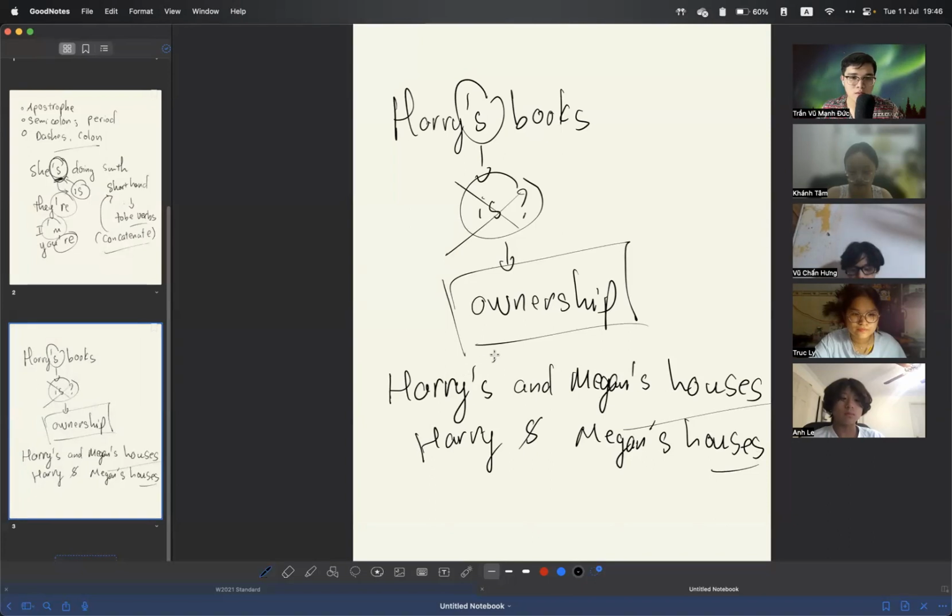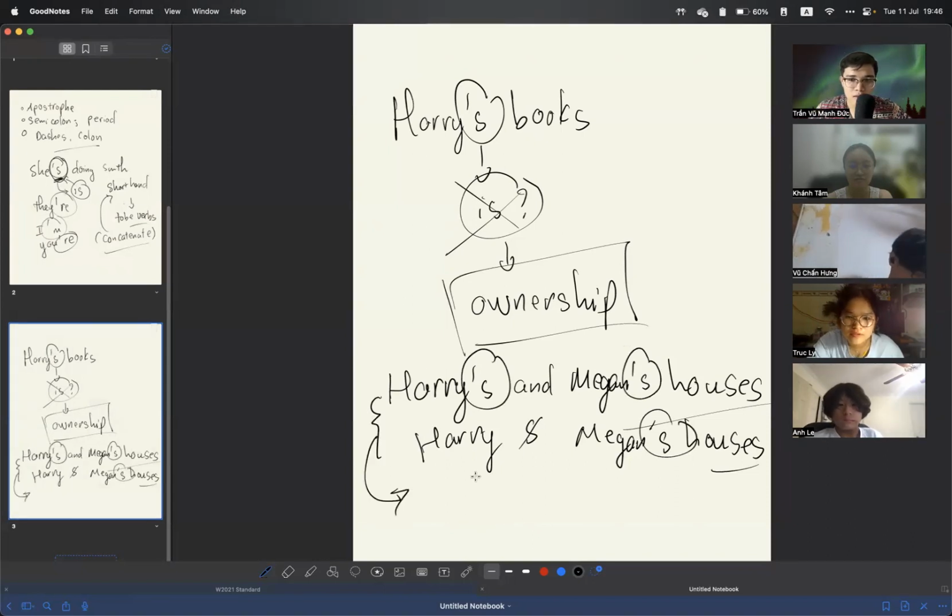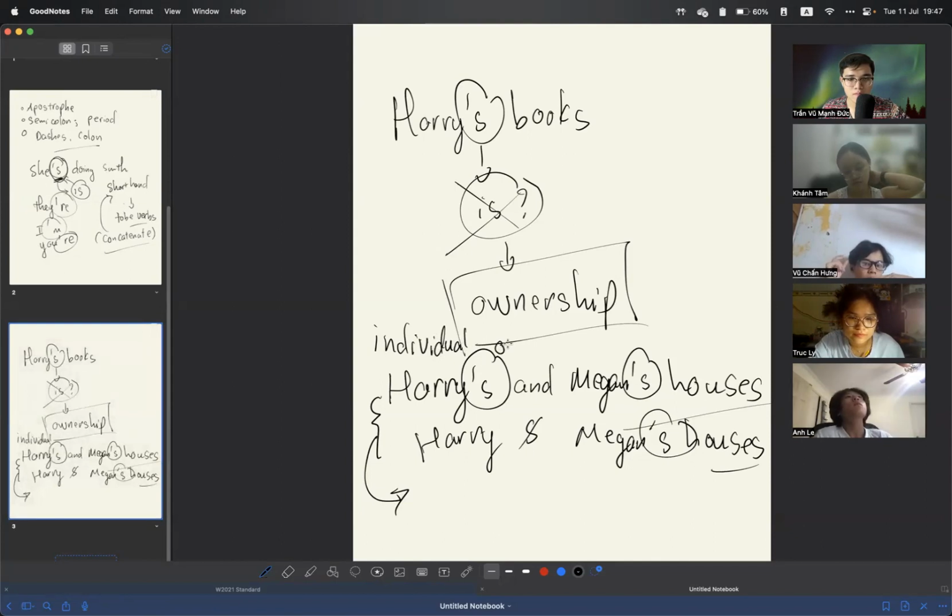What's the difference between these two? It's very simple. Firstly, is this to be verbs or ownership? Ownership, right? And are these the same? No, different. The first thing is that Harry and Meghan live in different houses, and the other shows that Harry and Meghan share the same home. Yes, exactly. So this is individual ownership,